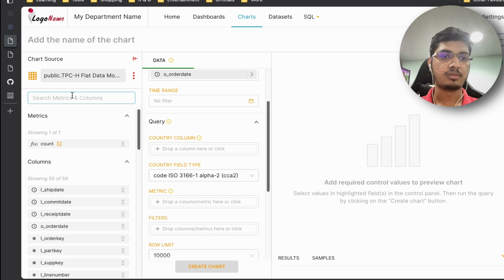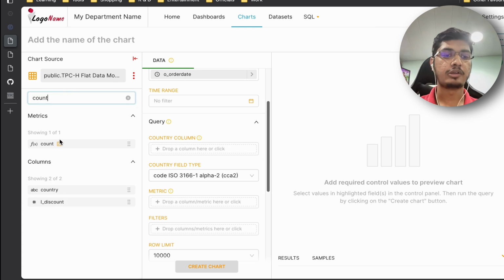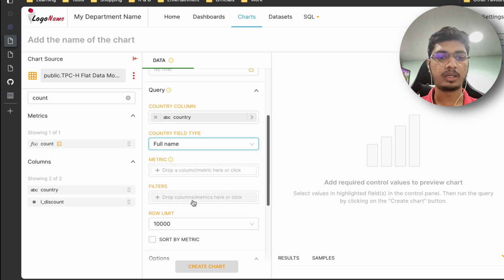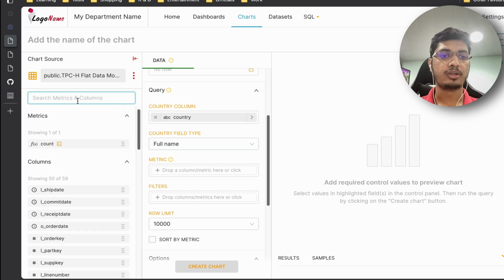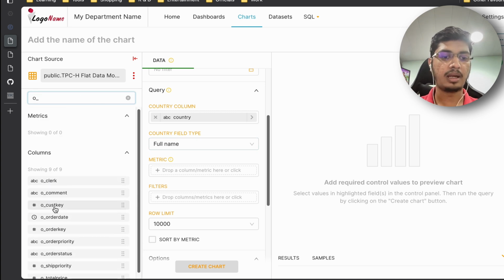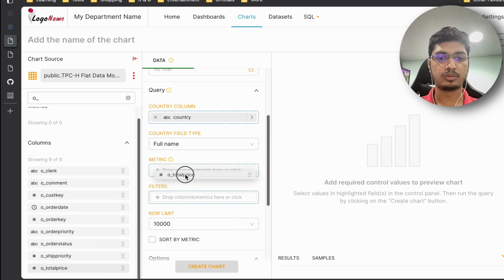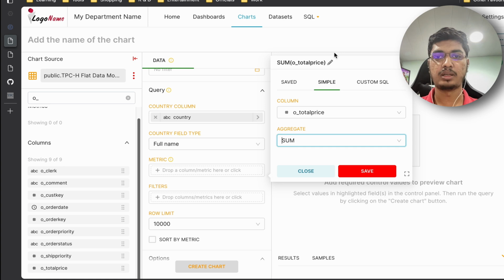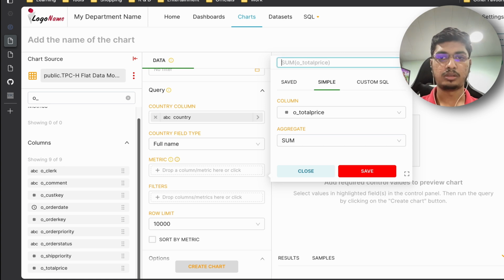Country column. Now I modified the country column because Superset needs the country column to be in a proper way, so that's why I modified it. So I'm going to select the country column here, and instead of this I'm going to select full name. Okay, in metrics again we are going to do just the same thing as we did earlier. I'm going to do order and total price. So let me select total price, and again I'm going to sum it and call it as total